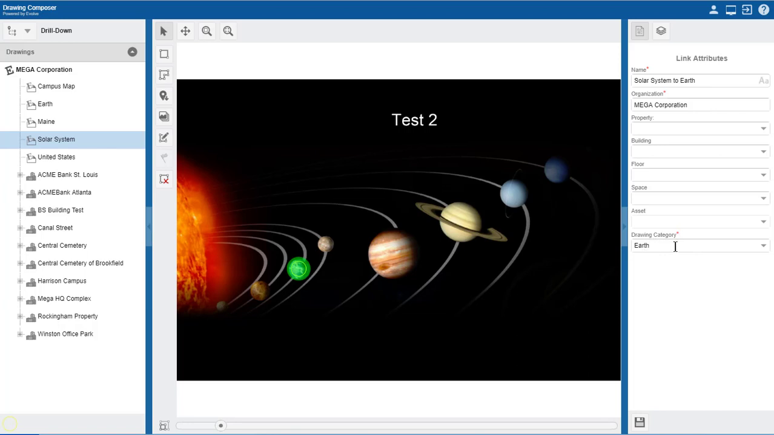So I'm telling it here where I want to go next off this list is Earth, okay? And then I save that, and I've got my navigation to my next. When I'm using this in drawings, it's going to go to the Earth image. Now I'm going to go to the Earth image in Drawing Composer,